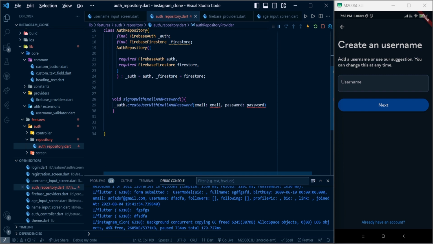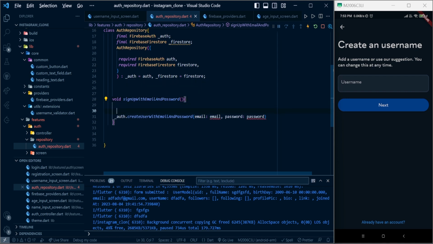Now one thing more we have to do is, after this we also need to catch the exceptions, otherwise our application gets crashed. So what is the general syntax to catch exceptions? It is basically like this, right? And we have a catch block, right? And in this, since in the repository we are not going to use any build context,